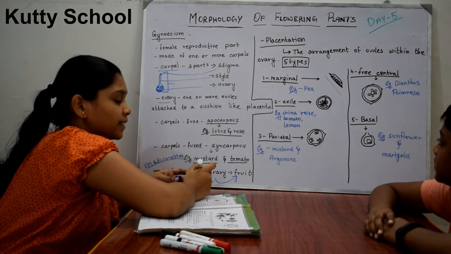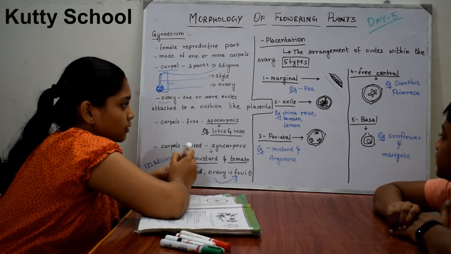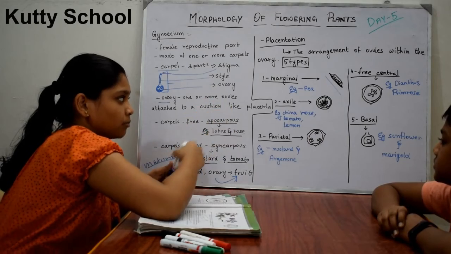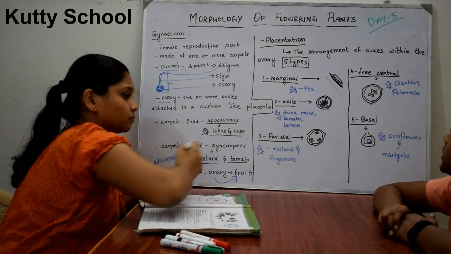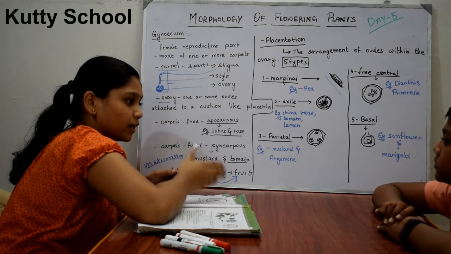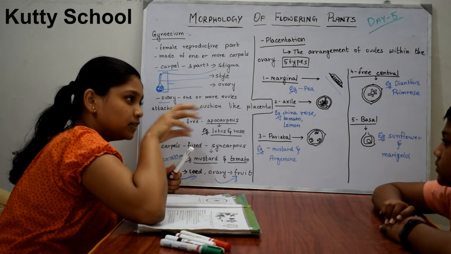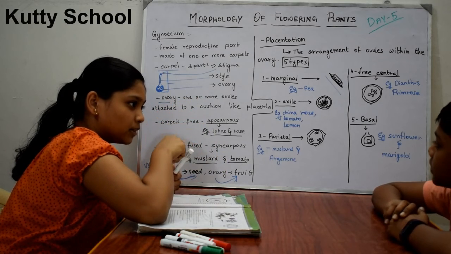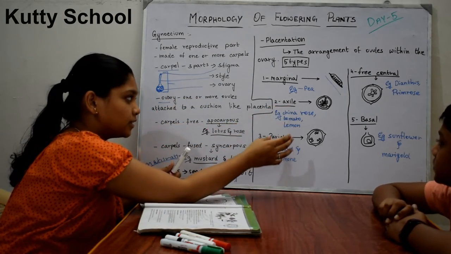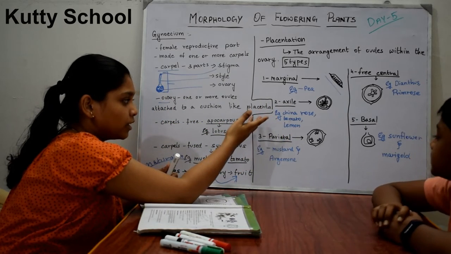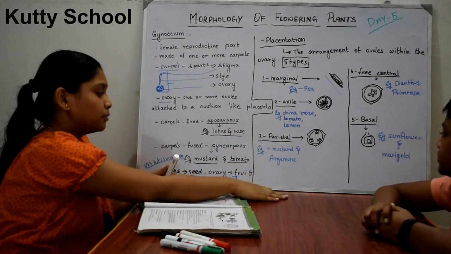The second one is axial placentation. In axial placentation, the ovules are arranged at the center with septum between them. Example, if you cut a lemon, there will be seeds at the center and there will be some separations. That is a kind of axial placentation. You can see it in tomato itself. China rose, tomato, and lemon are examples of that one.